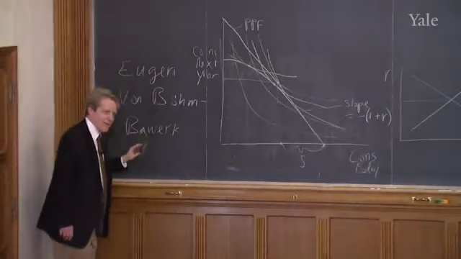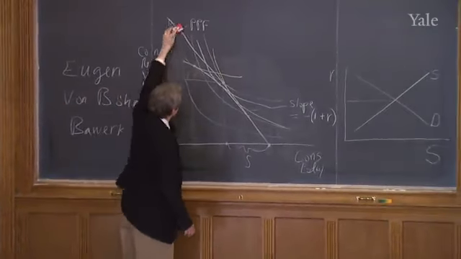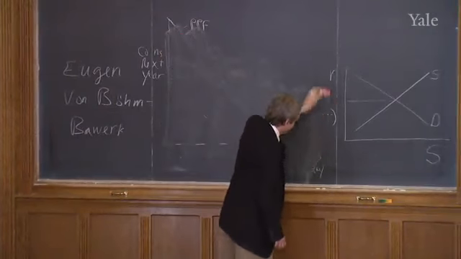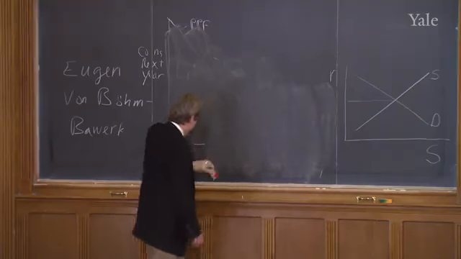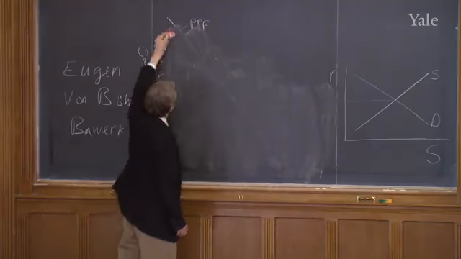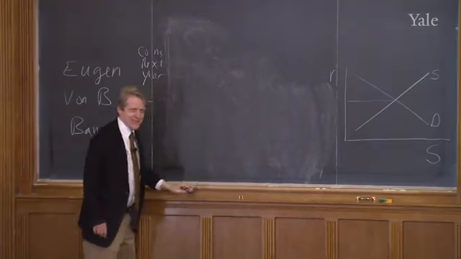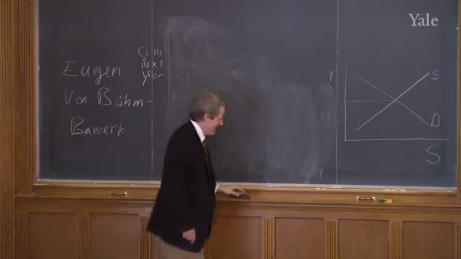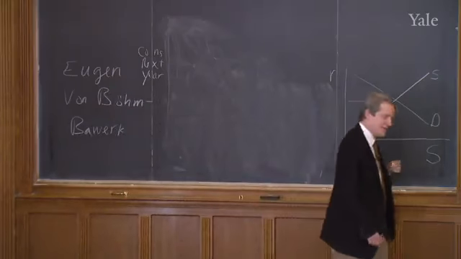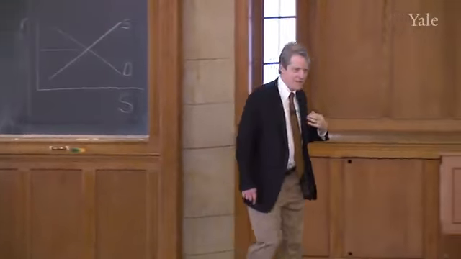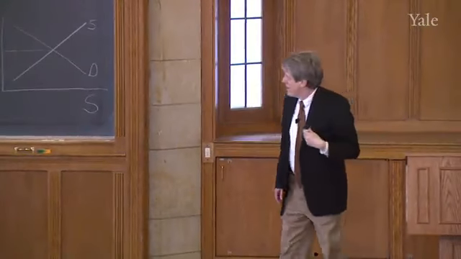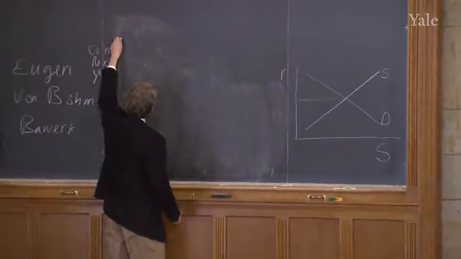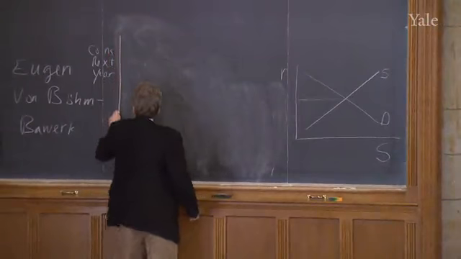Now I wanted to add a person to the economy. So let me start all over again. There's two Robinson Crusoes, okay, on this island. And let's start out with autarky. They haven't discovered each other yet. They're on opposite sides of the island, okay? They have the same technology. They have the same production possibility frontier, but they live on opposite sides of the island, and they don't trade with each other.